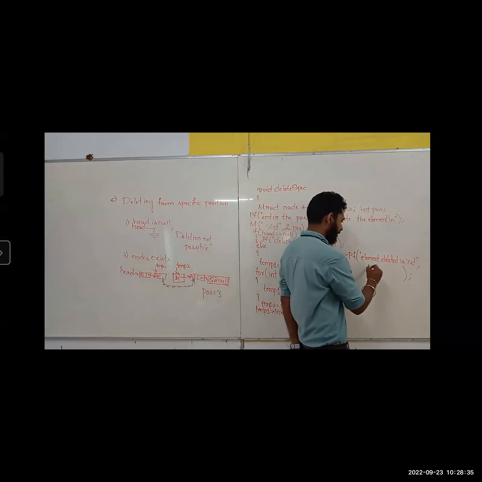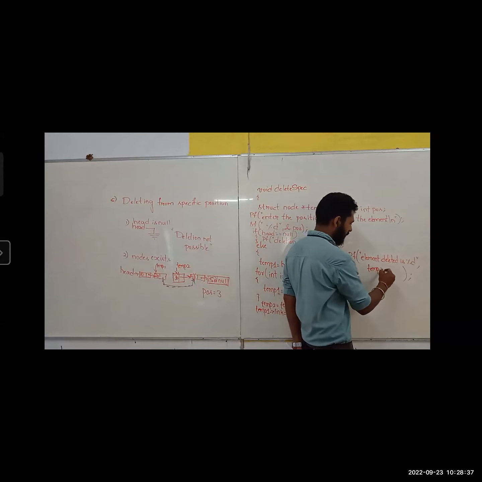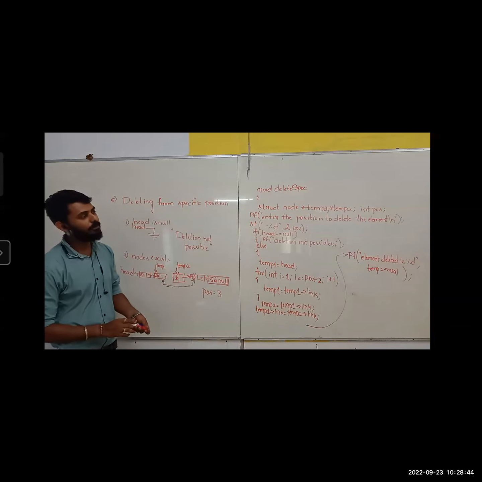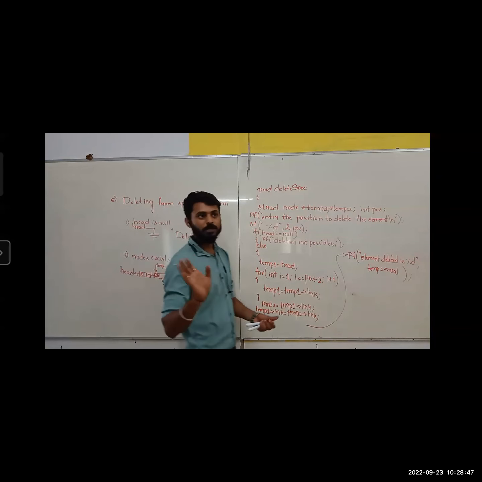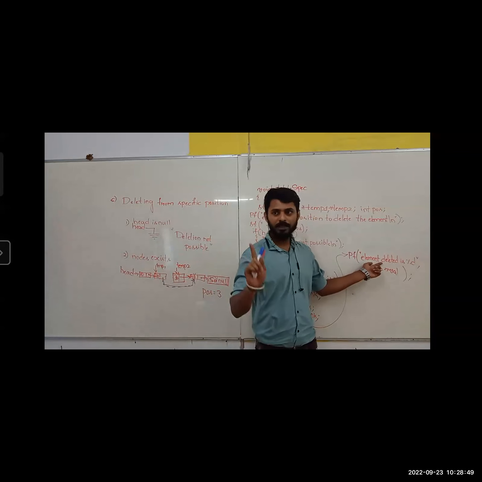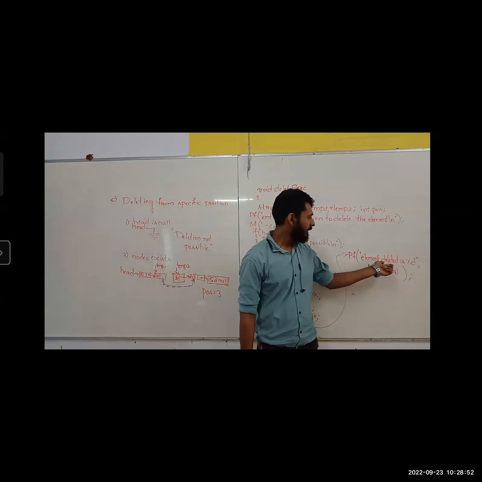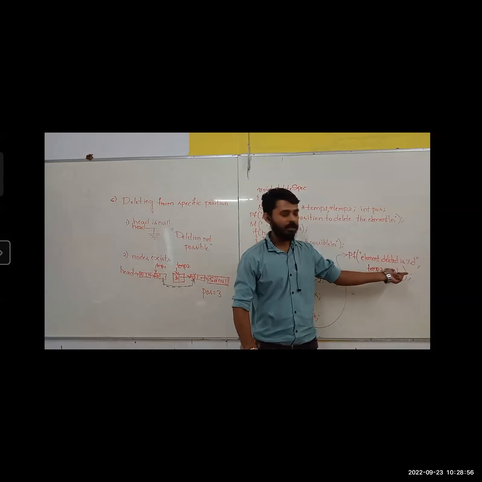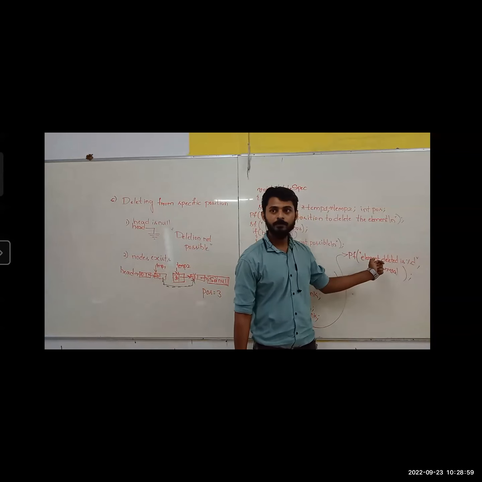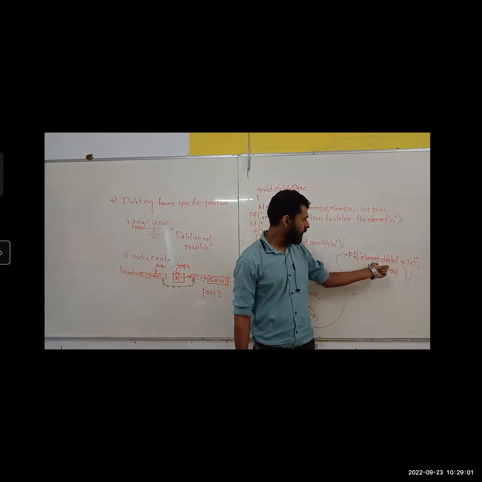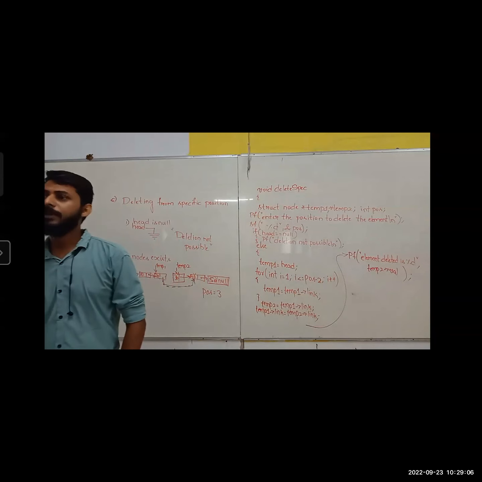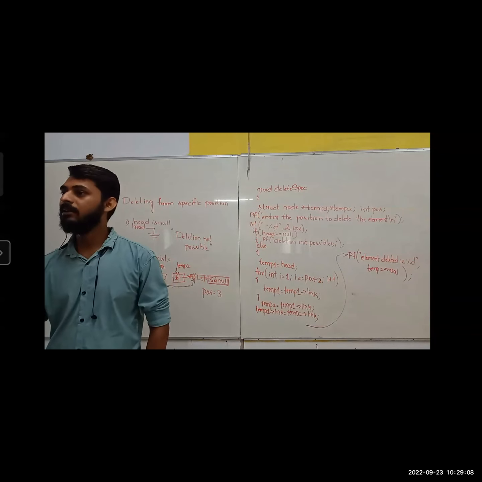Again, you guys are not thinking. Mark my words, because if you're not thinking, later you will struggle a lot. I'm just asking you to think. Always, at any point of time, if I'm asking you what the element deleted is, by looking at the statement, one thing for sure you will understand: the element deleted is some value, and I should print that. Which value? That is what I'm asking. By looking at this statement, what will you understand? I want to print that number which is getting deleted.